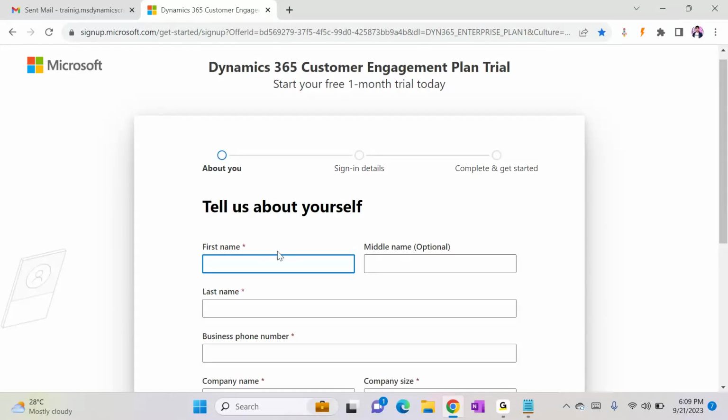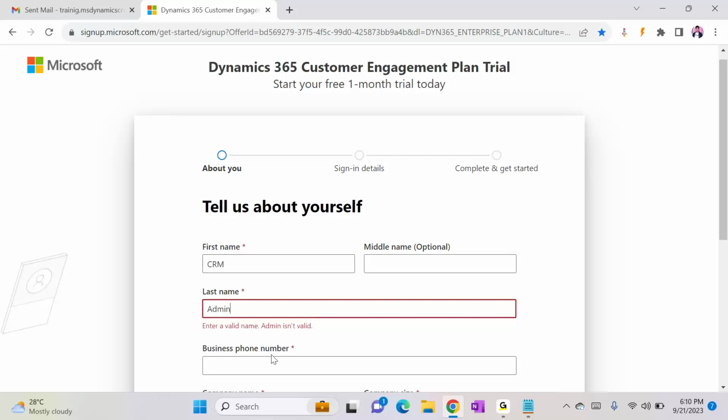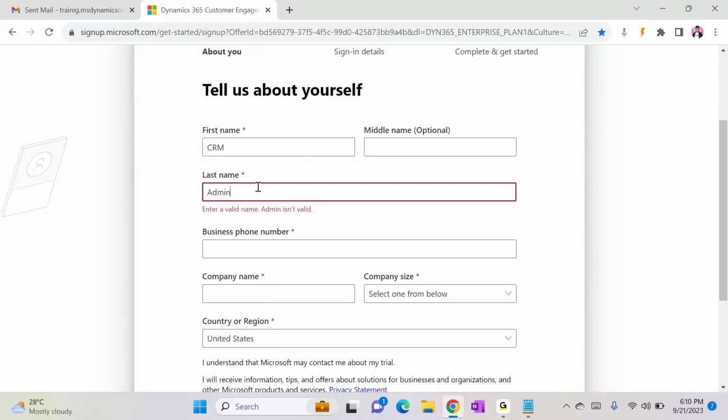So once you click on setup account, you have to give your first name and last name. Middle name is optional. CRM admin. Then you have to give the